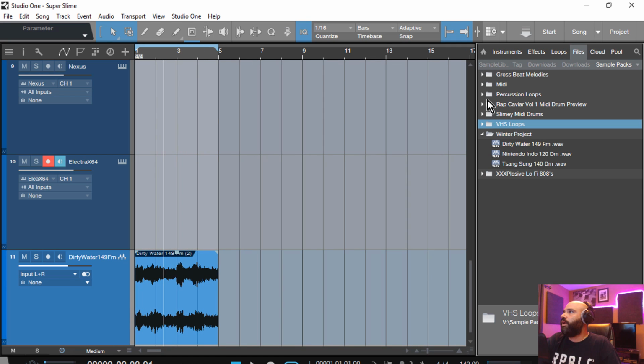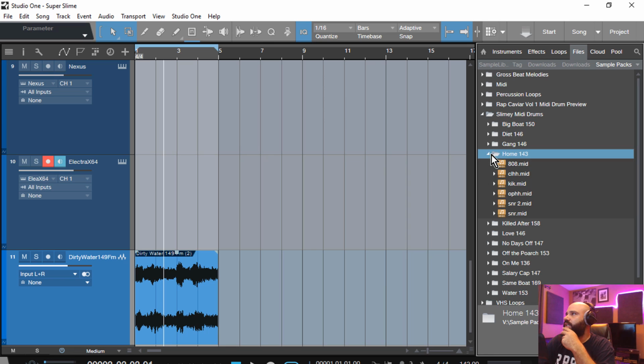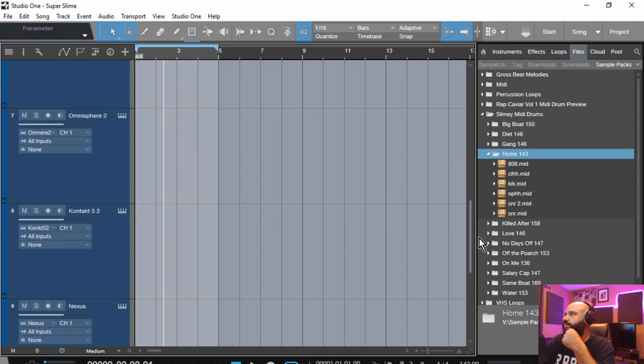So here we are, Slimy MIDI drums. So there's a couple ways you go about using this. If you're familiar with the project and you read the name of the files, you'll be able to figure out which is inspired by which. But so I'm at 142 right now. I'm looking at the different tempos. Another reason why I like this one is there's a few different tempos. It wasn't just like 140 all over the place. You got stuff up by 170, stuff up by 160, and then down by 140. So we'll take something that's close, right? We'll take home